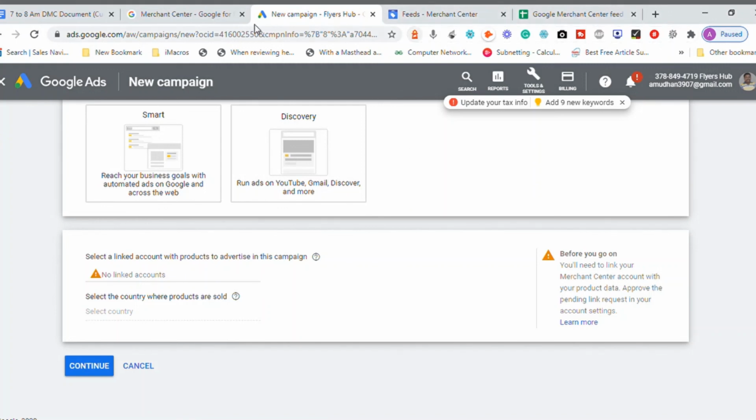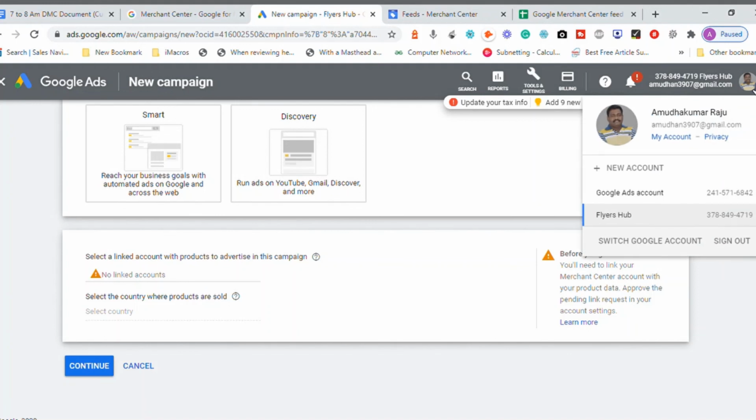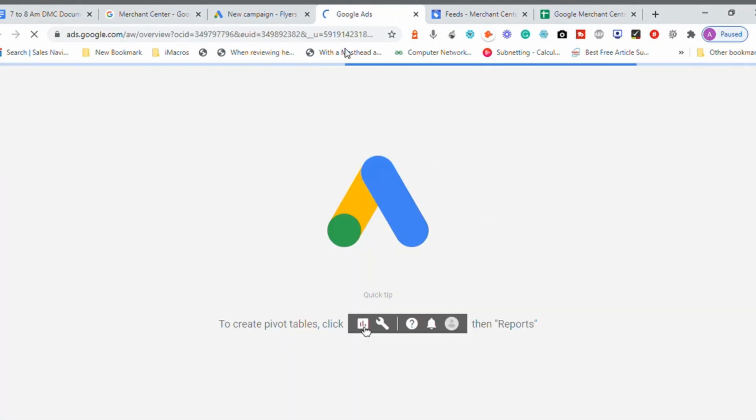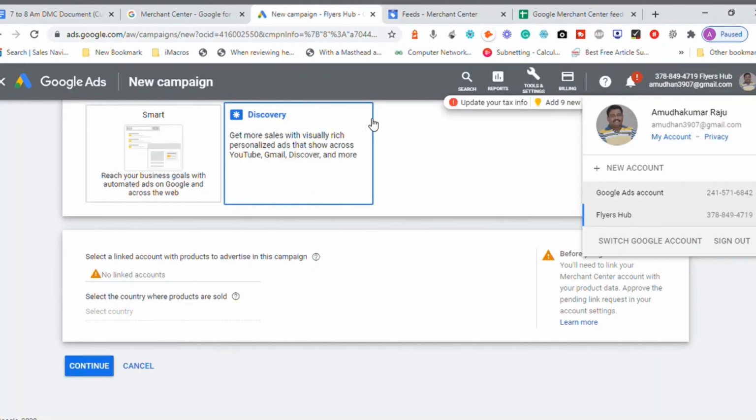But if I log into the account very specifically related to my account, I think it is 6842. Let me try to see the 6842. I think I did not link it, so once I link it, it will show. I actually stopped from linking it because it is a different account and that's my client account too. So we need to link the account, and it will be showing here.